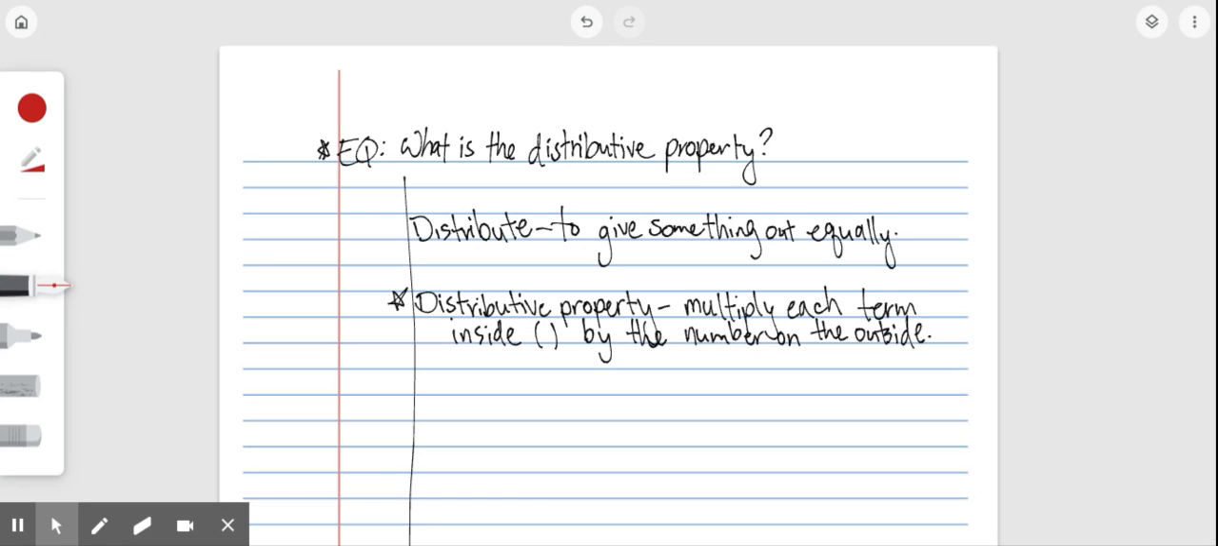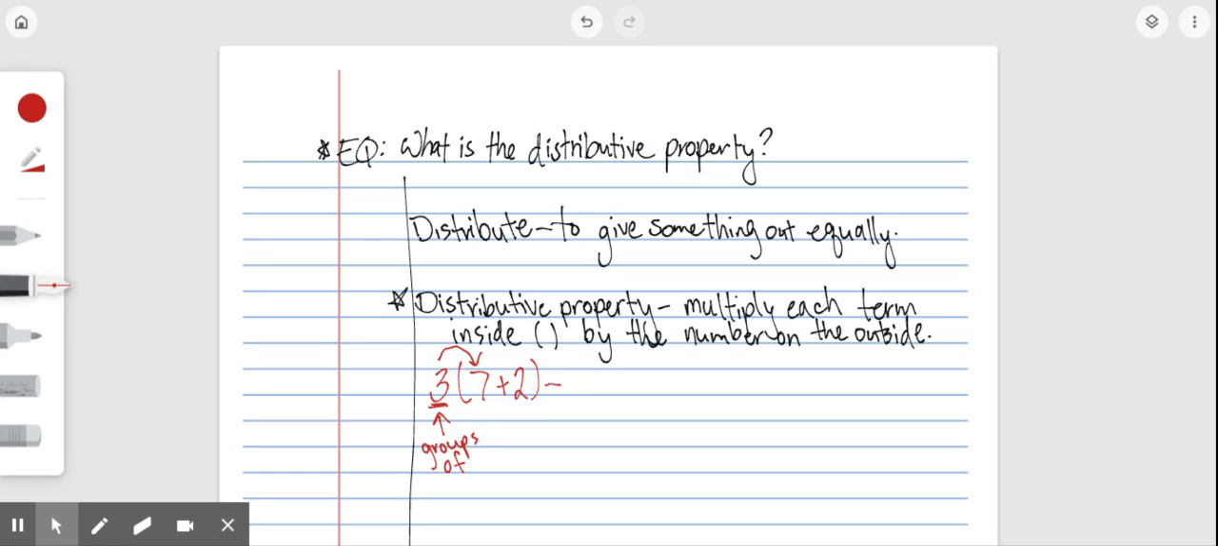So I'm going to give an example: 3 times the quantity 7 plus 2. Now you could always simplify this and make that 3 times 9, but I'm going to show you how to do it with distributive property. So this 3 on the outside means 3 groups of. If there are 3 groups of 7 plus 2, then distributive property tells me that there are 3 groups